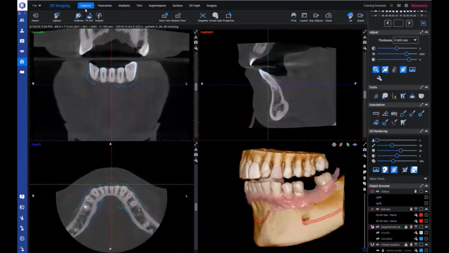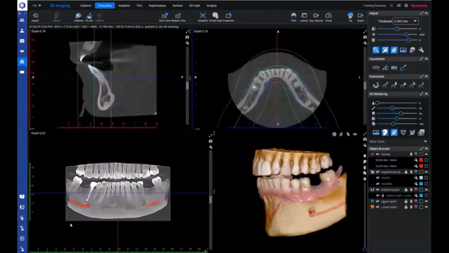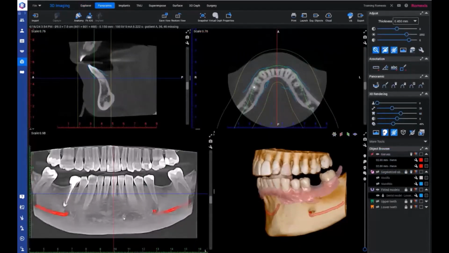So the Explorer is for all this general viewing, and there's a lot of these segmentation tools. And then in the Panoramic tab, well, that was traditionally for tracing the panoramic curve. Nowadays, many times, I don't actually need to do anything here because we have this superpan functionality, and actually Romexis always applies that automatically to all the new images. So you get a very nice overview and a very nice virtual panoramic view